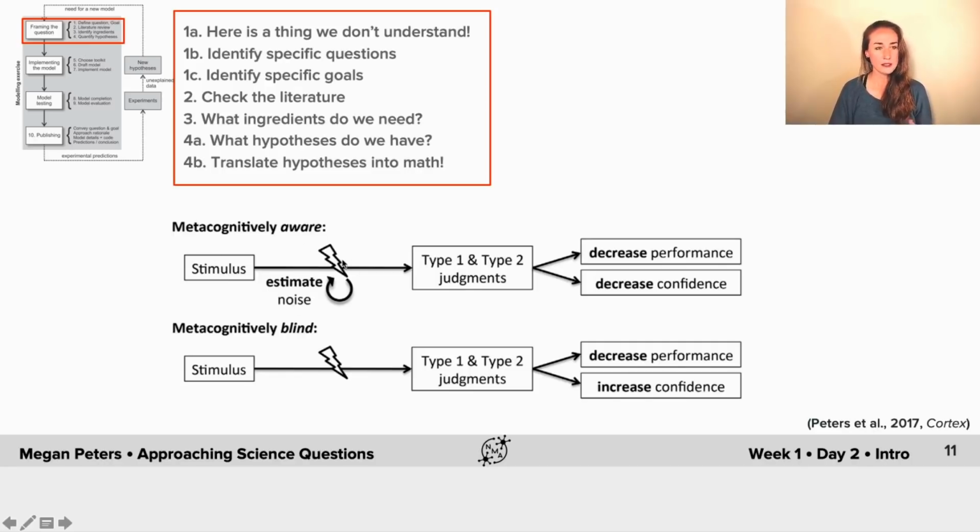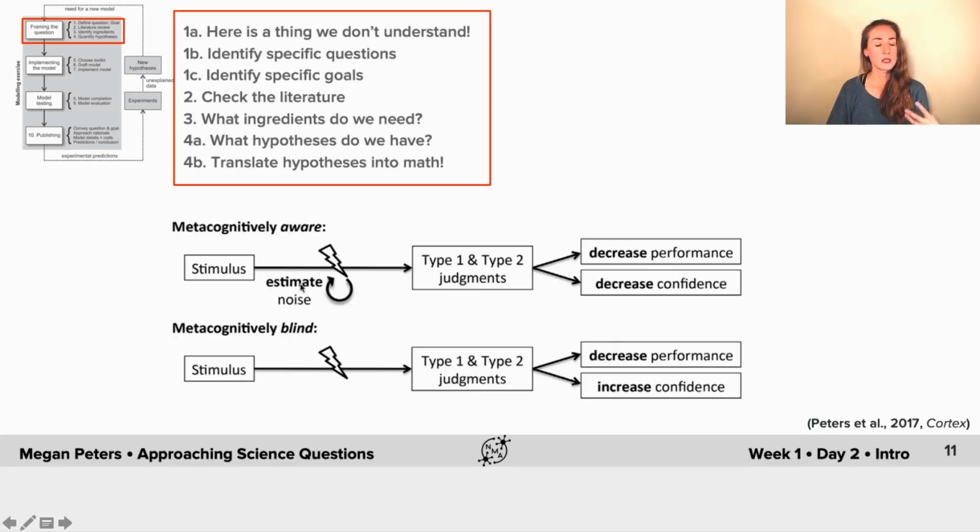So these hypotheses, again, very briefly from yesterday: I show you a stimulus and then I allow the system, using some fancy math, to estimate its own noise, to be able to calculate its own variability. And then it goes on to make those orientation discrimination decisions, like is the bar tilted left or right from vertical, and then the confidence judgments here. And then either we allow the model to estimate its own noise to get a sense of its own variability, or we make it guess. We make it use that shortcut or heuristic, a misperception of variance.